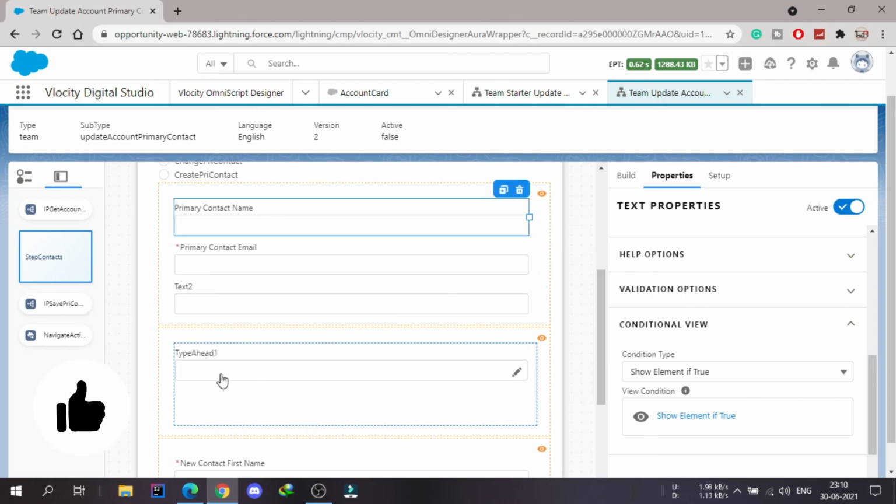In the next video, I will configure this type ahead block so that we can get the details of the contacts that are already inside the Salesforce org, and we can just select that and make that primary